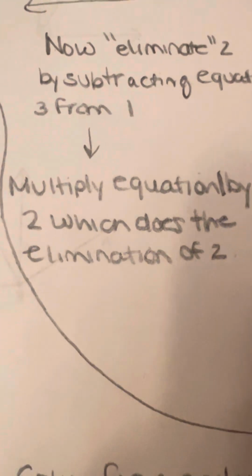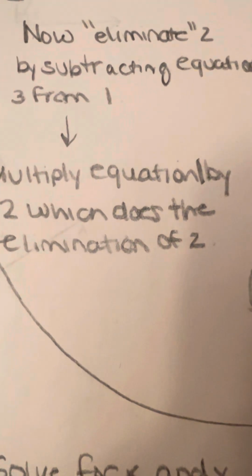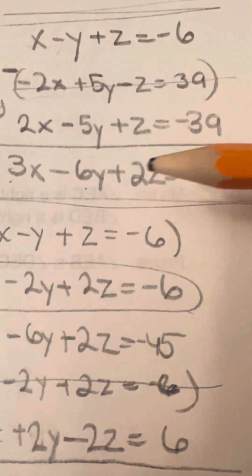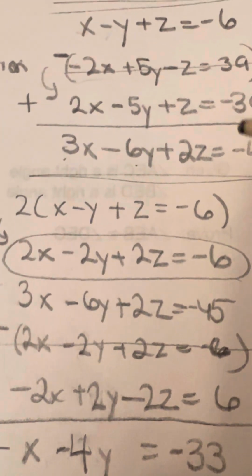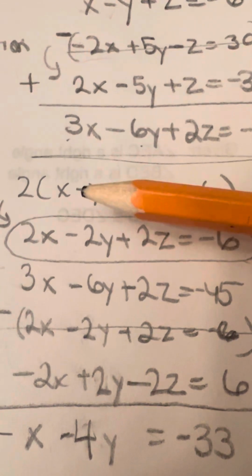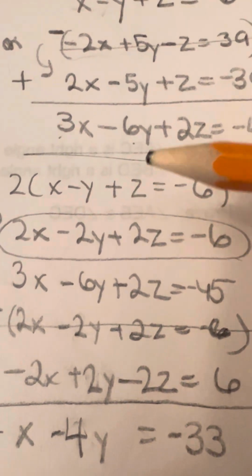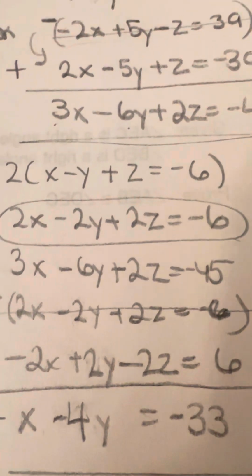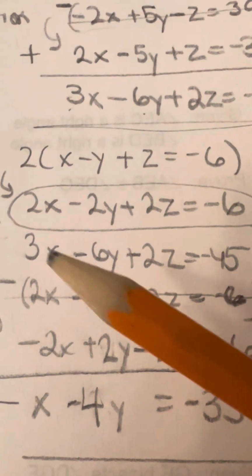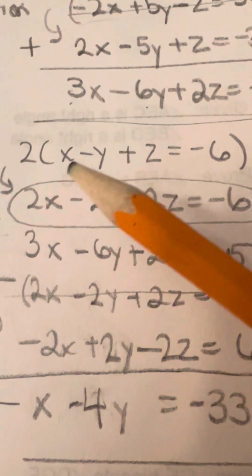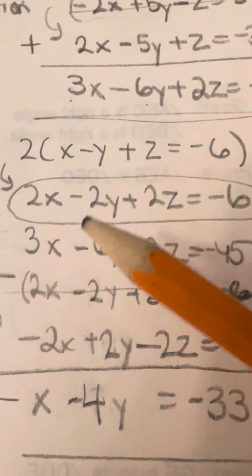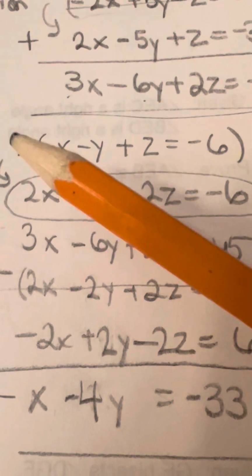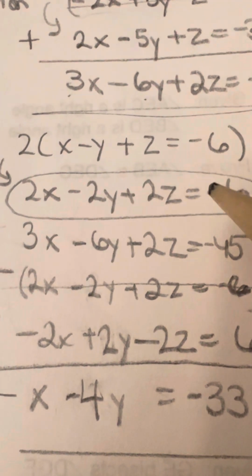Then I'm going to multiply the first equation by 2, which is what's going to get you the elimination. We had this equation right here, the first equation, x minus y plus z equals negative 6. Multiply the entire thing by 2. I circled what the new equation is when you do that. 2 times x is 2x, 2 times negative y is negative 2y, 2 times z is 2z, and then 2 times a negative 6